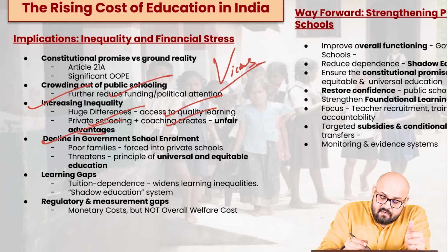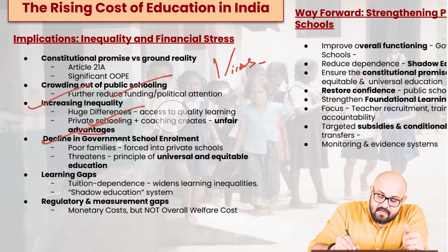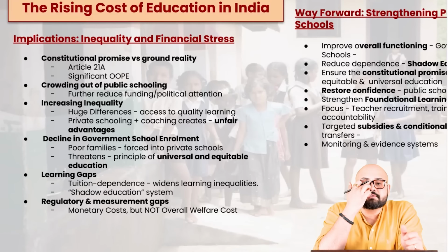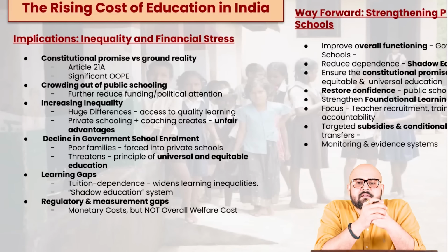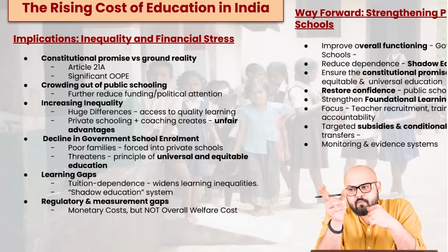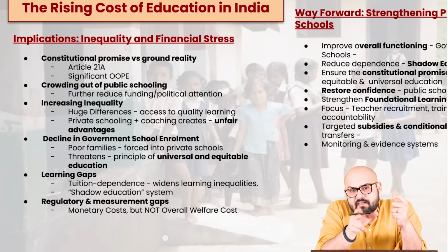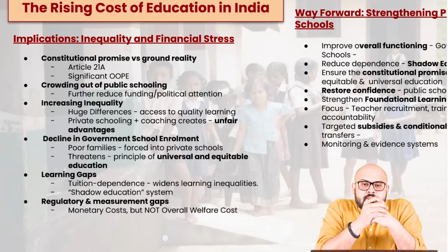Then we have a decline in government school enrollment. Poor families are being forced to send their children to private schools. At least they have a surety over there. At least there are accountability mechanisms there. So a person from a poor household will not be in a position to go to a government school and ask the teachers why you are not providing quality education to my children. But he will be in a position to ask this question if his or her ward studies in a private educational institution,